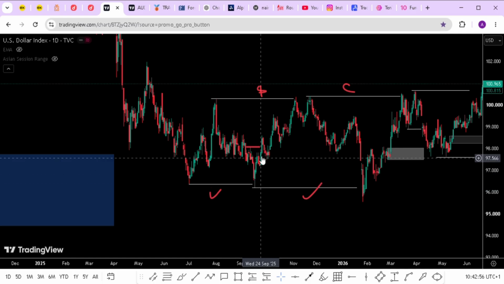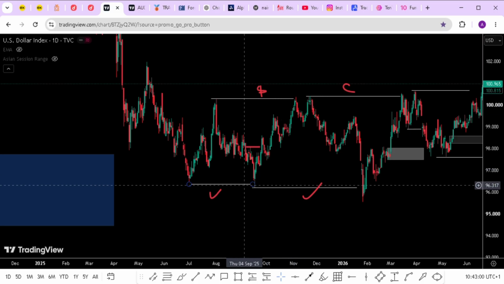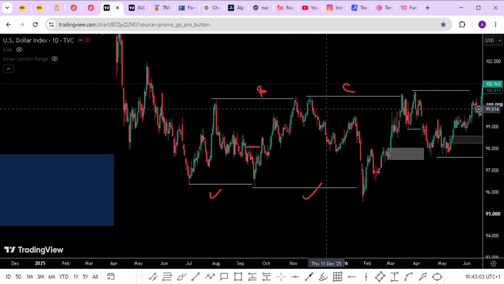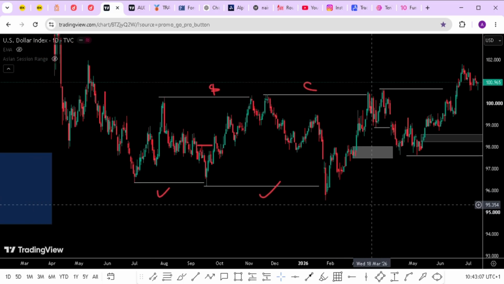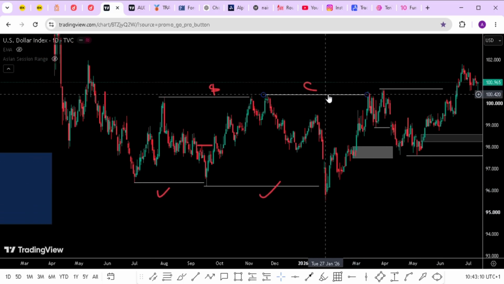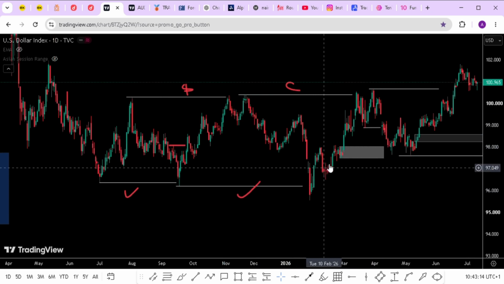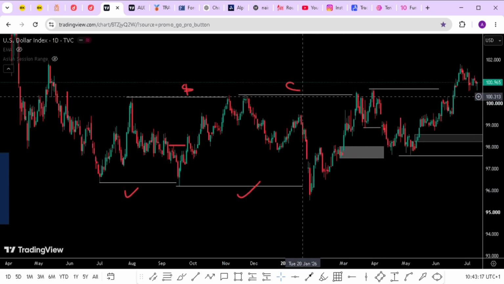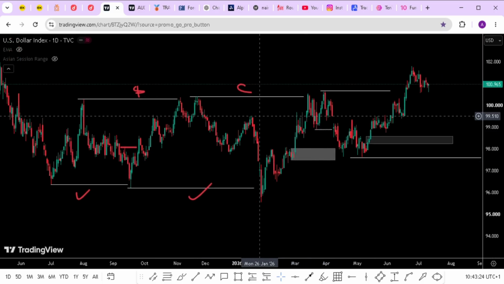Once this happens, as I said, the market needs more liquidity or a change of character. So you can see the market went back, swept this major high, and then dropped. It now confirms this break of structure for us. After this break of structure, we are expecting this high to be protected, and you can see how nicely the market went back and closed above this level. So this gave us a change of character, and this confirmed that the DXY dollar index is about to be bullish.